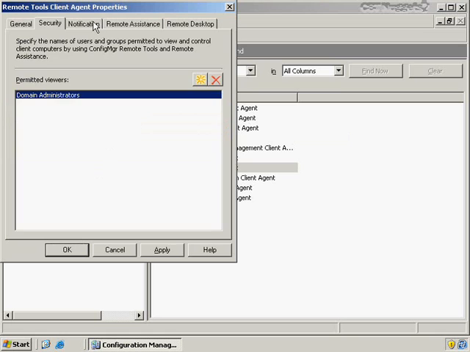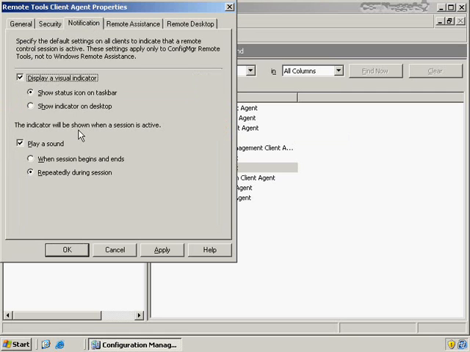Okay? Notification says, when I'm actually working with remote tools, when I'm actually remoting another client, do I want to display a visual indicator on the desktop or on the taskbar so that the user knows that I'm attempting to work with their system? Do I want to play a sound? Do I want to play the sound repeatedly or as the session begins and ends? The sound may be annoying. I may not want to play the sound. I may want to be able to work on those systems without annoying the people that are sitting around the